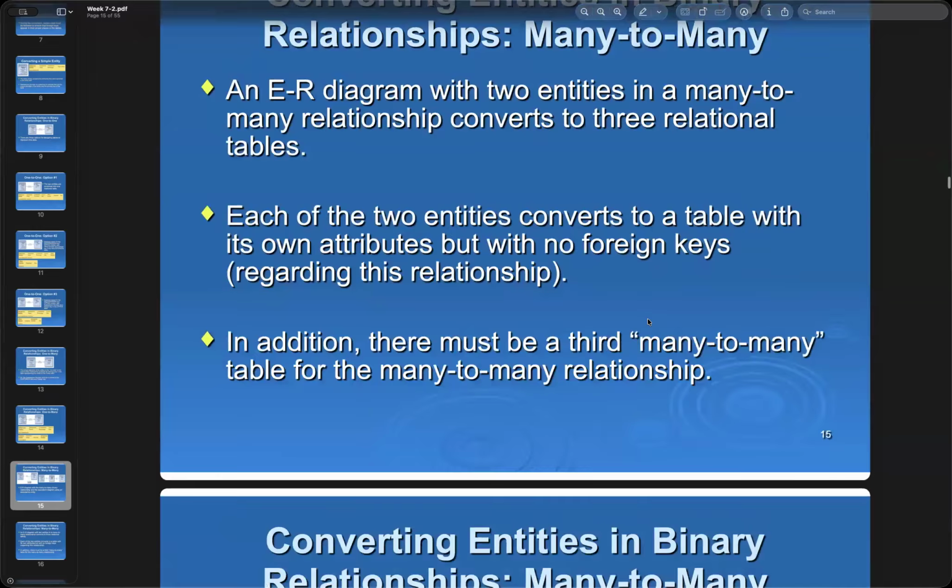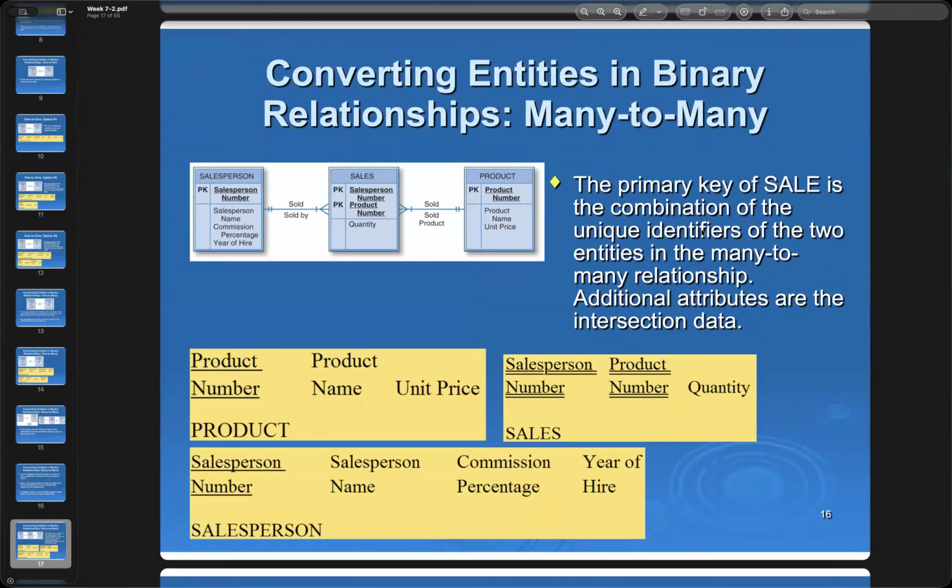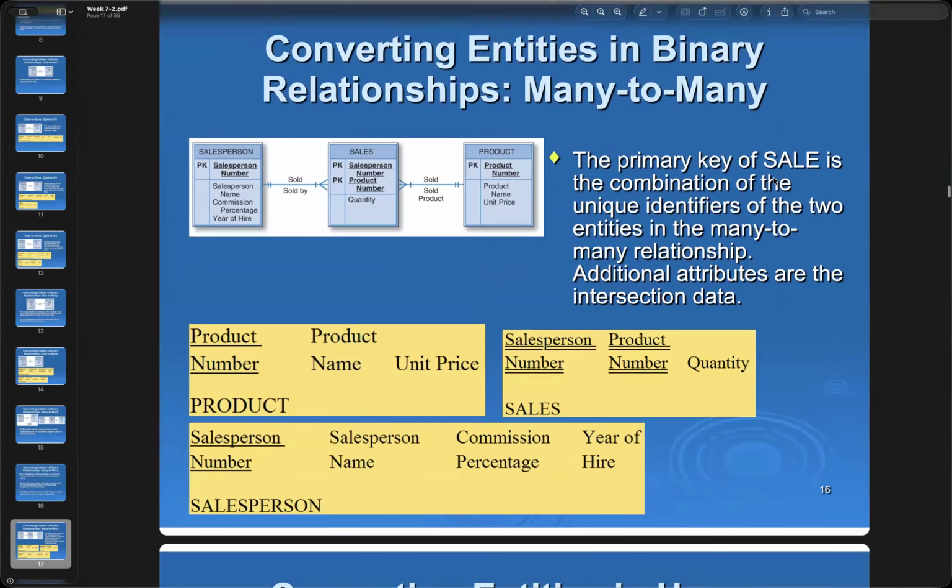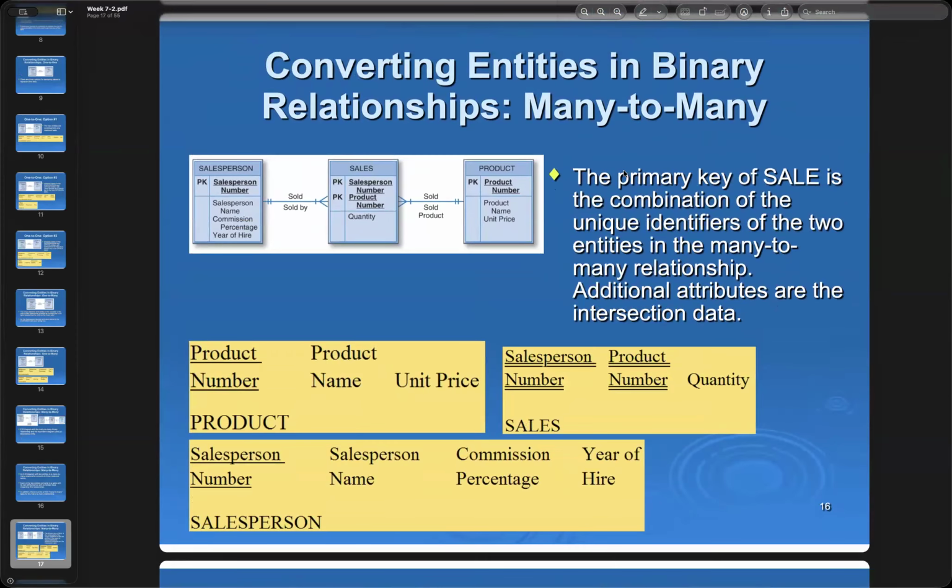Okay, and next, when we convert those entities in a binary relationship, you can see right here, it's the actual implementation. So it's a combination of the unique identifiers of the two entities. Okay, so there are many-to-many relationships, and we will also add an additional attribute. So here is the quantities, we call it intersection data. Okay,